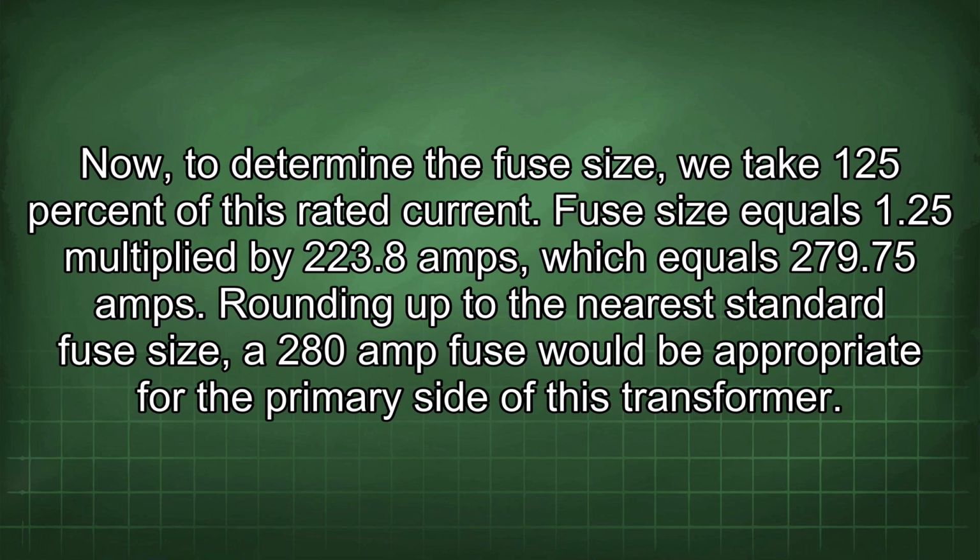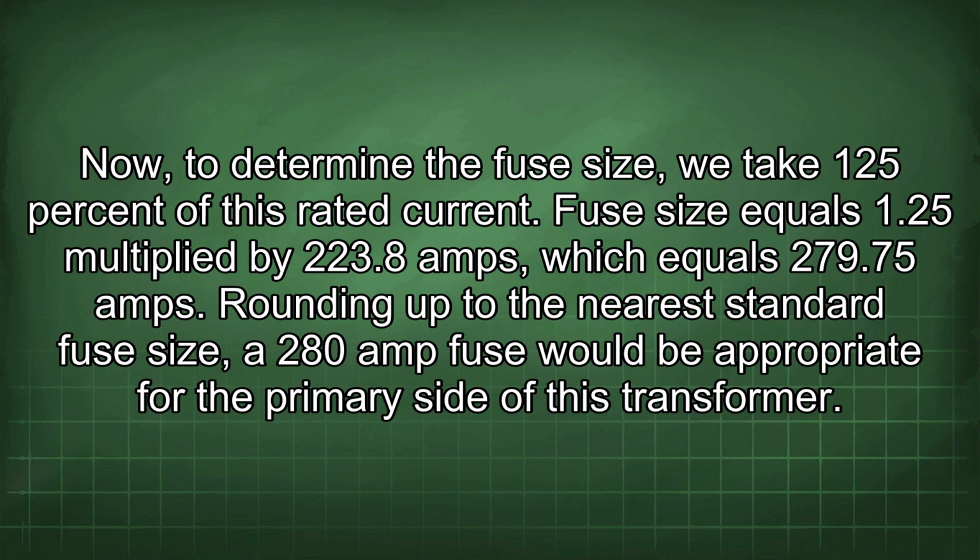Now, to determine the fuse size, we take 125% of this rated current. Fuse size equals 1.25 multiplied by 223.8 amps, which equals 279.75 amps. Rounding up to the nearest standard fuse size, a 280 amp fuse would be appropriate for the primary